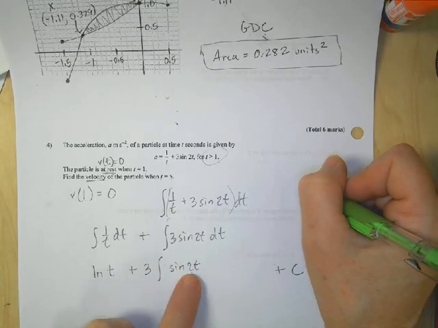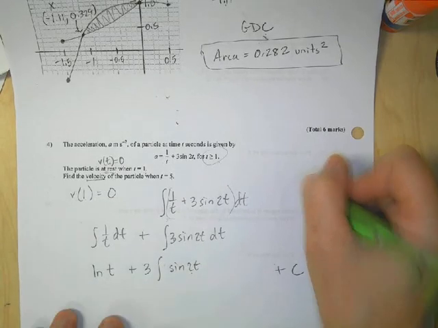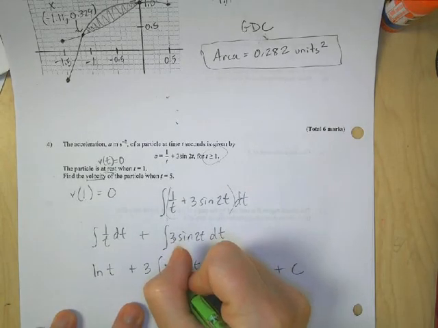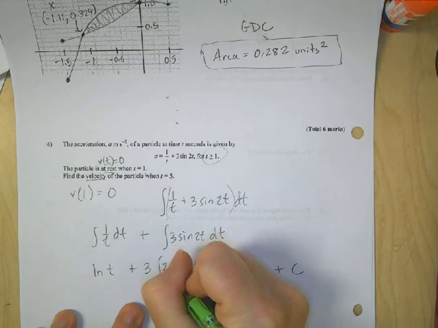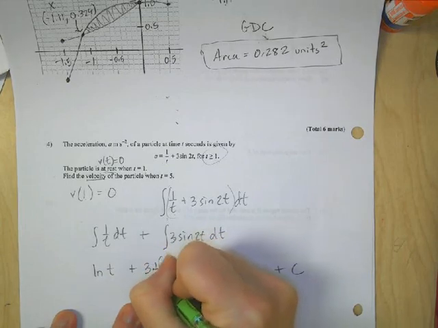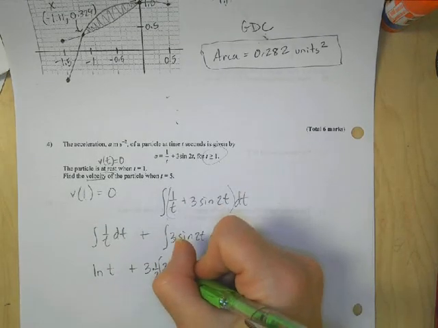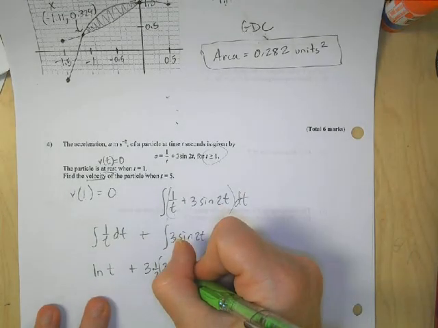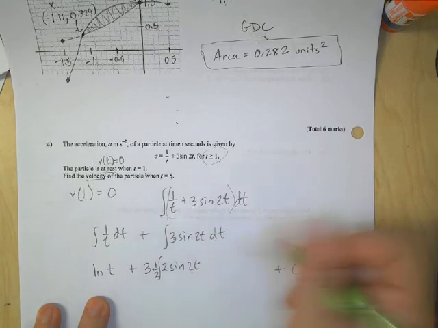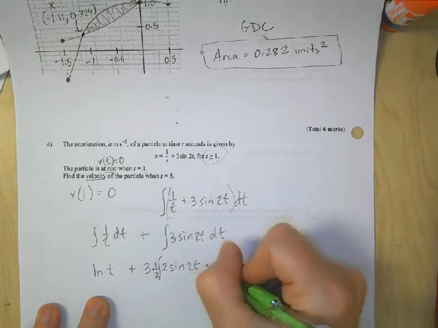So that means I'm missing a 2. So I need to put my 2 in here. I'm going to slip in a 2 there. But if I put that there, I have to counteract it by putting a 1/2 out here. So this is my dt. This is like my du, my dt du? No, du dt. And this is like my u. Okay? So now when I integrate this,